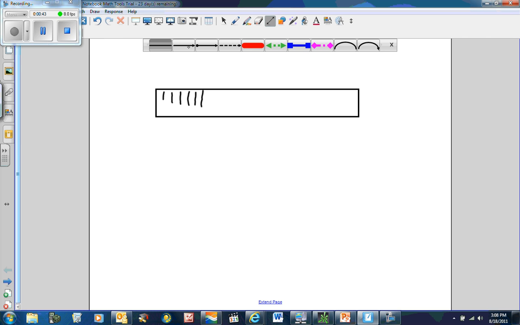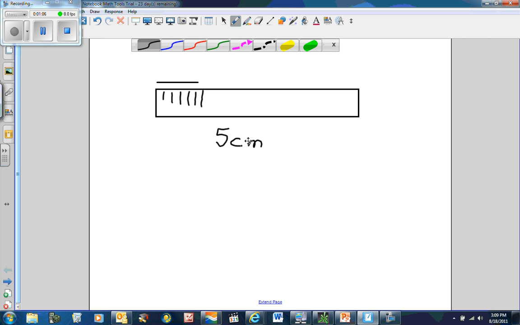And then let's say that I'm trying to measure a line. Let's say the line goes to there. All right, well that line is 1, 2, 3, 4, 5. It's 5, and let's say it's 5 centimeters. We'll just say that's centimeters. It's 5 centimeters for sure, but it's bigger. It's more than 5 centimeters, right? It's almost a 6. So I would say that this is